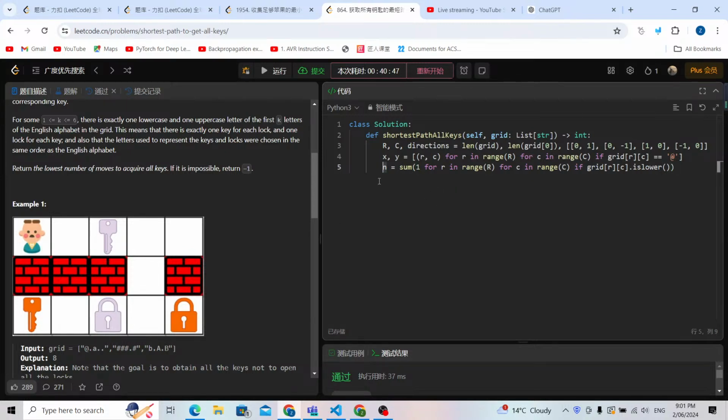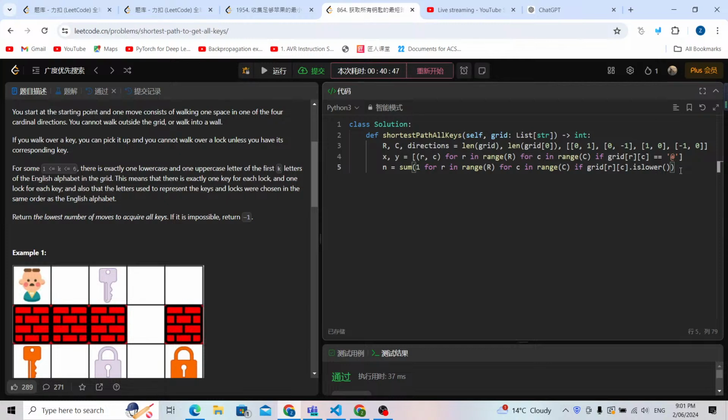Now we've already counted how many keys, and we can design the queue and the visited set. So for the queue, it's gonna be a deque. So inside it's gonna be x, y, and my initial state is gonna be 0. And also for the visited set, so I'm gonna define a set. So inside it's gonna be x, y, and the state is gonna be 0. Yeah. Now I'm gonna prepare a result, and it's gonna be 0. So we can go through for the BFS. So while q, for anything, let's just use underscore, for anything in range